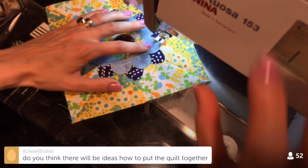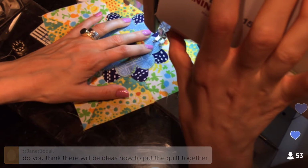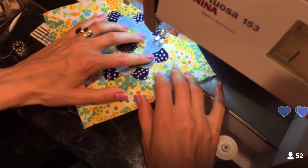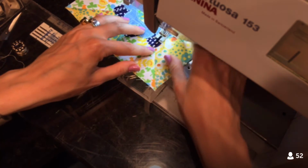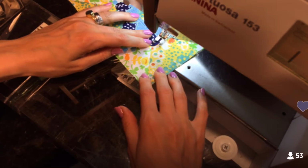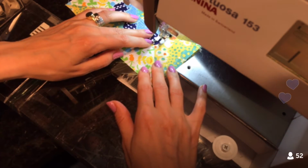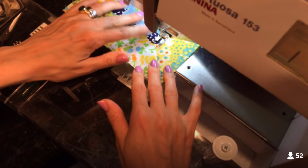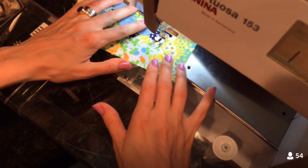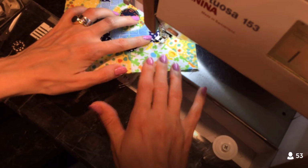You think there'll be ideas on how to... Yeah, so I do think there'll be ideas to put the quilt together. I think, if I remember right, they were going to have 1 or 2 example settings. So like one with sashing of some sort, and I don't know. So I think they are going to give some examples. I'm not sure if they're going to explain the whole process of quilting. So I'm not quite sure what they have planned for that. I do think that they have planned a couple settings, but I will most likely be doing my entire